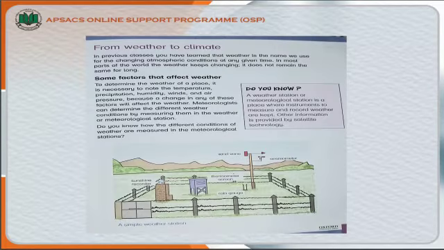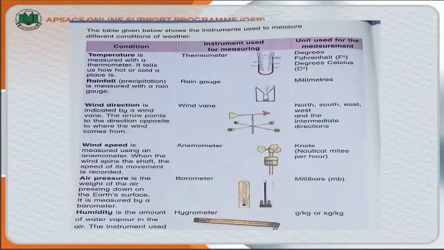Students, now open page number 7 and read carefully. This picture shows how can we measure weather condition. Weather condition is measured at meteorologist department or stations. Students, move on to page 8. Here you can see instruments used for measuring condition of a place and also tell us unit used for the measurement. Students, read one by one block and learn about measuring gadgets.